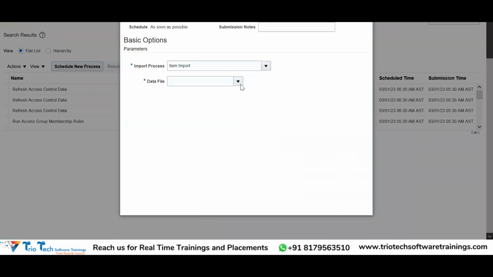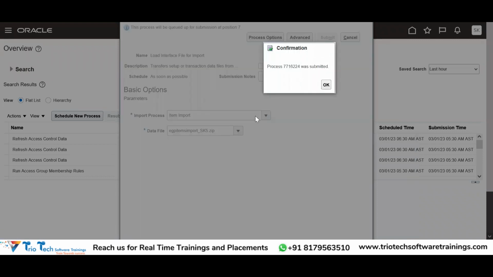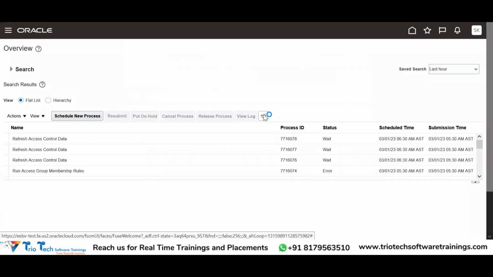Okay, so this is what we had mentioned. Now we will try to use the file. This is our name we give. Once we have filled this, click on submit. System will give a process ID. Make a note of this, 16224. Click on OK. Just wait for a few minutes